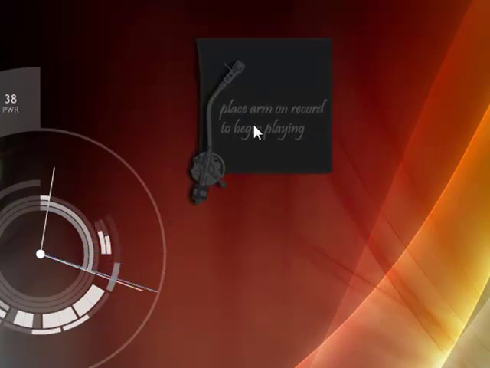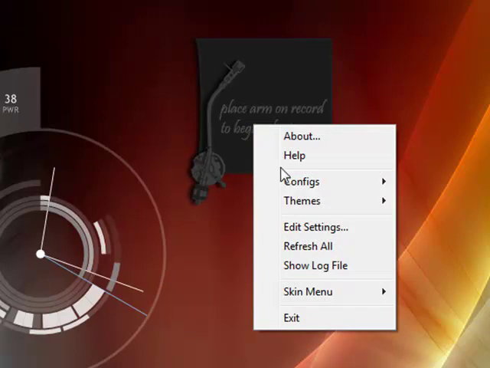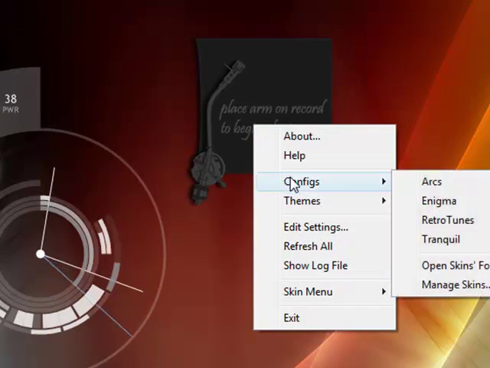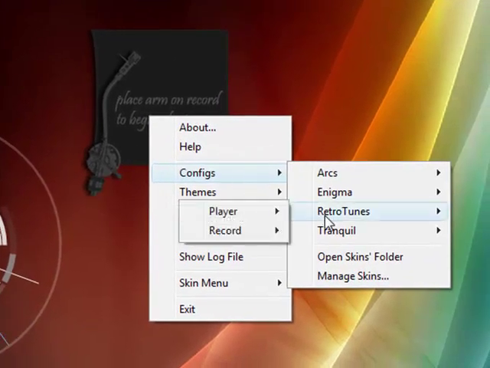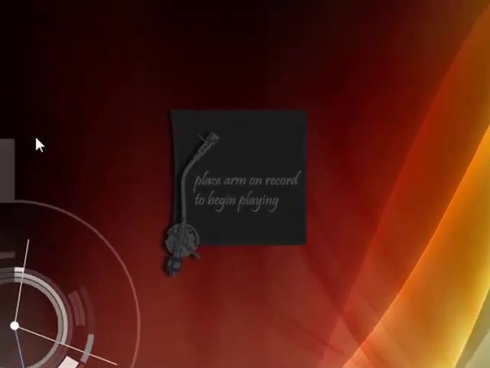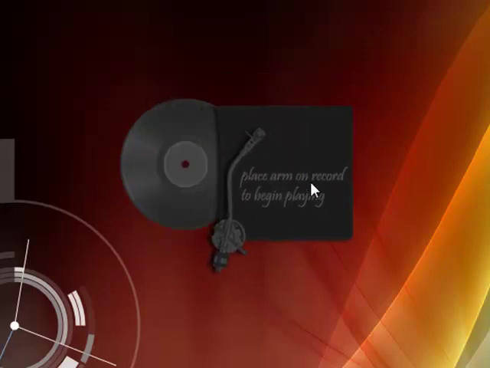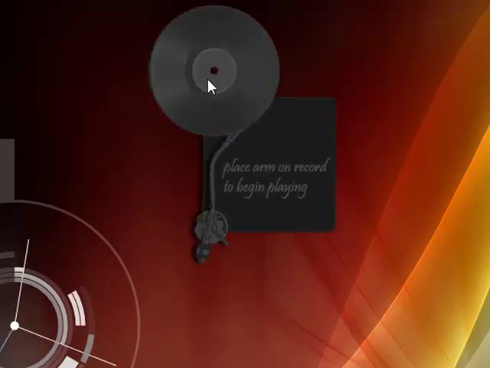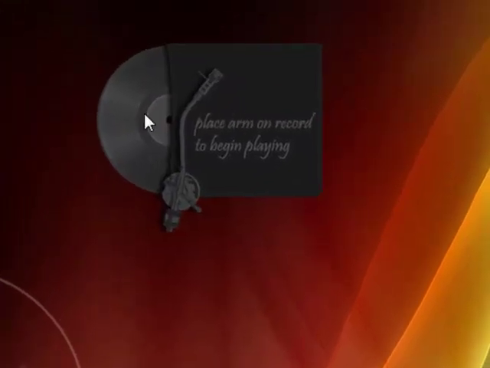So let's just right click again and go to configurations, RetroTunes, and the record. Then you'll see the disk here. So if you want to fix anything here, you can do it like this or anything you want.